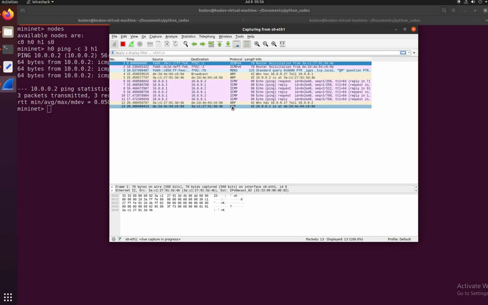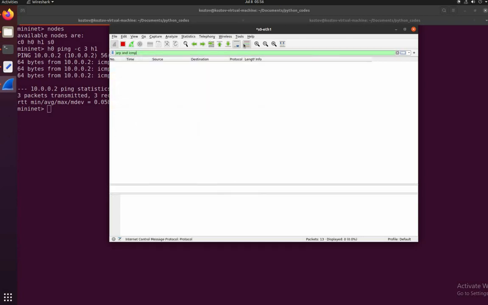The information has to be updated, and for that we need ARP. That is totally fine. It will happen from time to time, no problem with that. But we want to concentrate on the ICMP packets involved here. Sometimes you will have a lot of other packets of different protocols moving around in the network. In order to ignore that, suppose you want to go for ARP and ICMP only. In that case, you just type ARP and ICMP, and then you will only see the ARP and ICMP